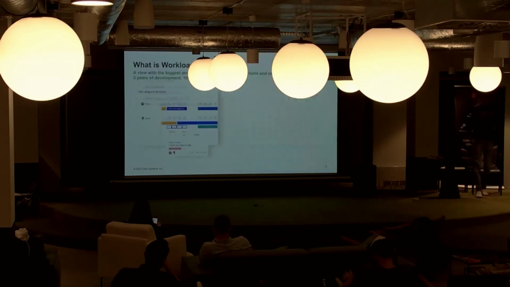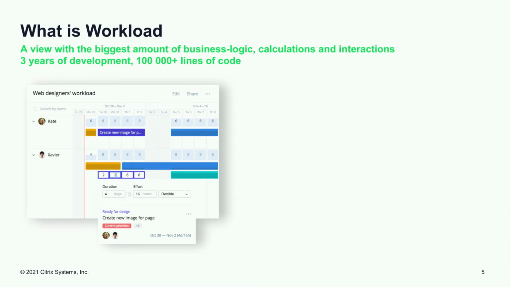So what is workload itself? From the product point of view, it's pretty simple, right? It's like a small table with some dates. You can see all your team over there, a separate swim lane for every team member. Inside the swim lane, you can see all their tasks allocated by dates. And for each date, you have, you won't believe, workload, a number that represents effort allocation for this particular day.